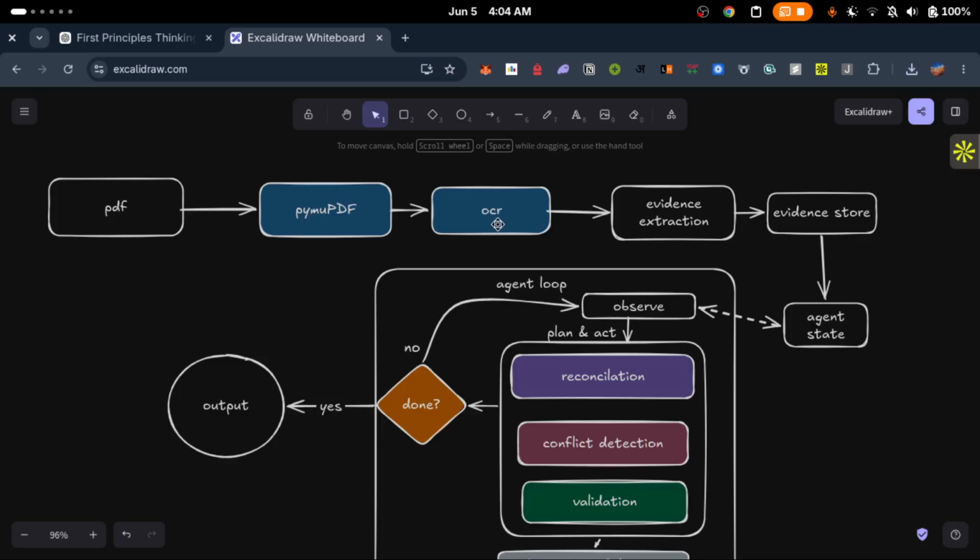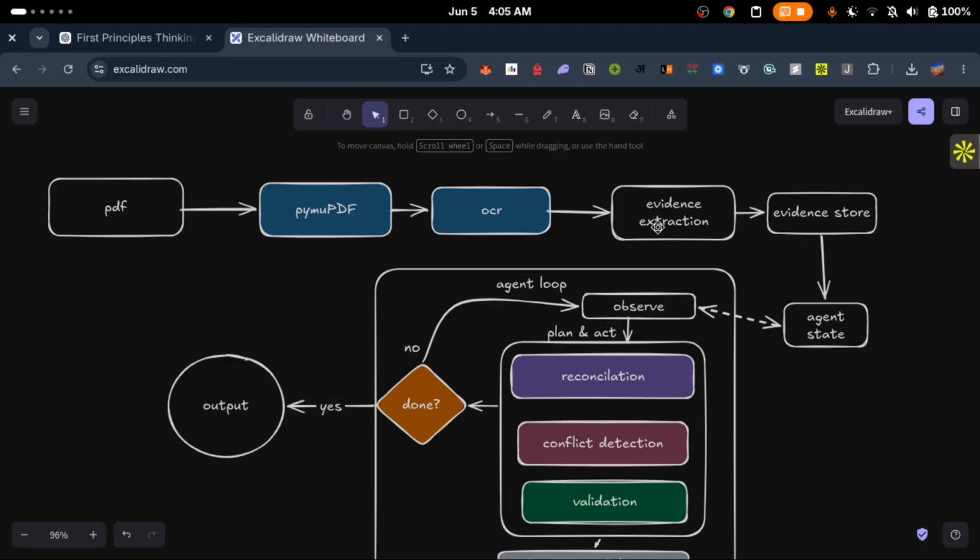If it's a scanned one, then we will use some great tools, whichever we want, OCR or Tesseract OCR, TrOCR, or vision models, whichever are best and mostly used right now. Then it will be passed to the LLM Gemini